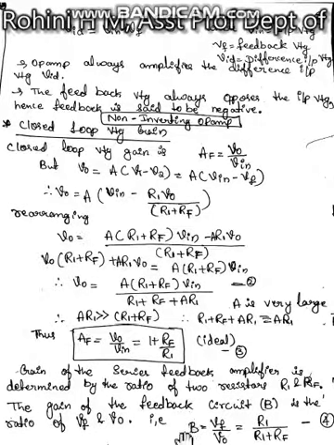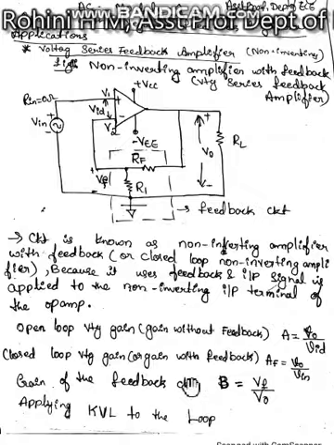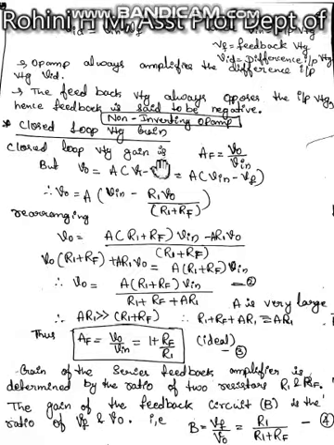The feedback circuit gain B is given by Vf divided by Vout. So Vf divided by Vout is taken as R1 divided by R1 plus RF. Vf, what is the voltage? Vf is nothing but the drop across R1, so R1, divided by, what is Vout? That is the voltage drop between this node to this node, so that is R1 plus RF. That's why we are writing R1 divided by R1 plus RF.